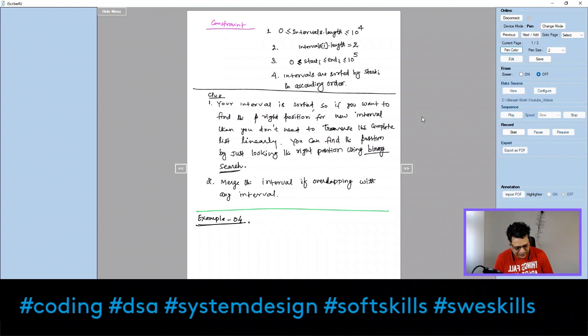So example 4 here is, suppose you have 3, 5, this is one interval. Another interval is 6 and 7. Then another interval is 9 and 10, like that, okay? And the new interval here is 1 to 12, okay? So